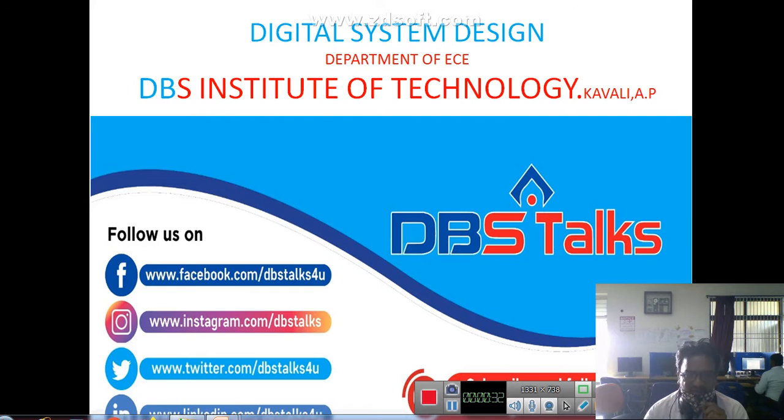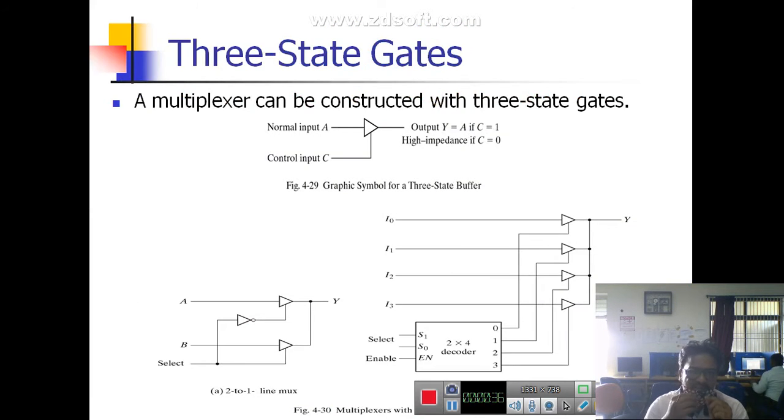So in this section, we will see what a three-state device is and the symbols for different types of three-state devices. Here we have various three-state drivers.